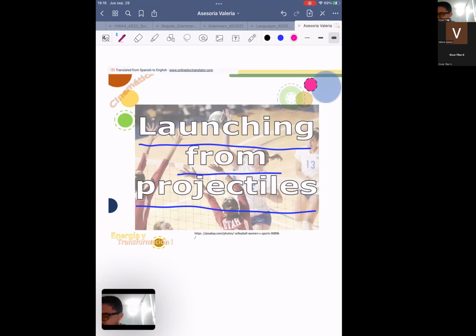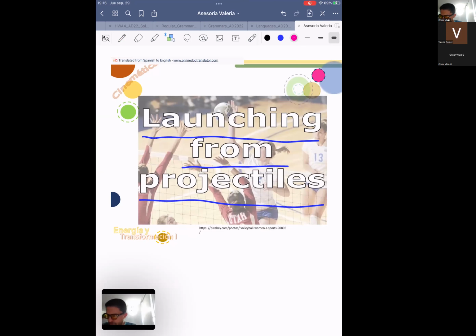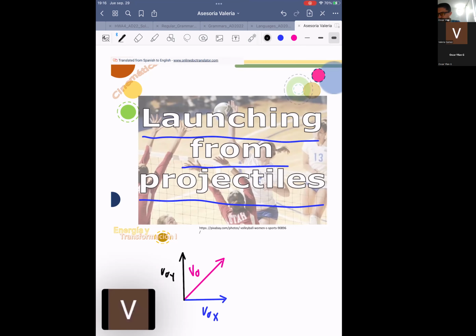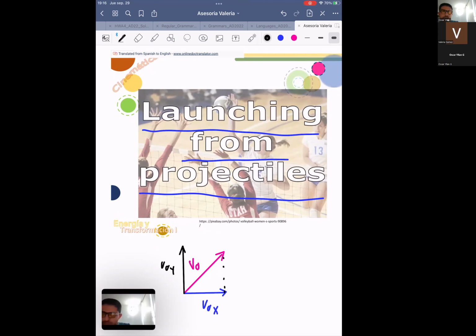Basically, the only difference when we are talking about projectile is that this time our velocity is going to have two components. It's going to have the component x, and it's going to have the component y. If you remember, for getting the components of any vector, for example the x component of any vector,